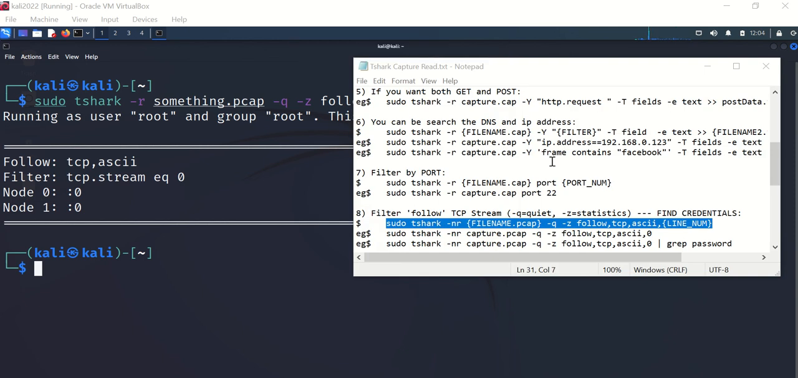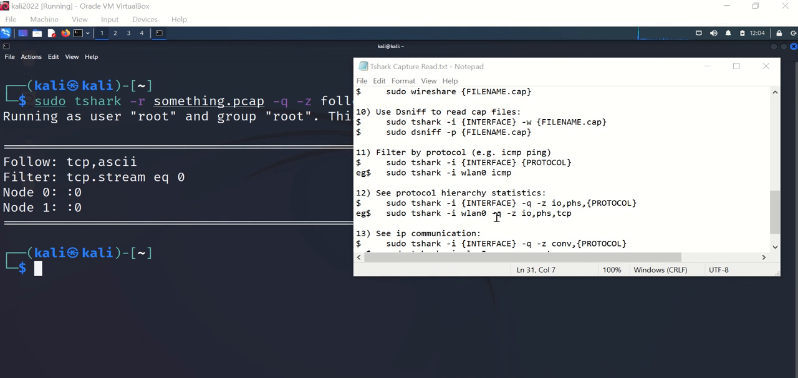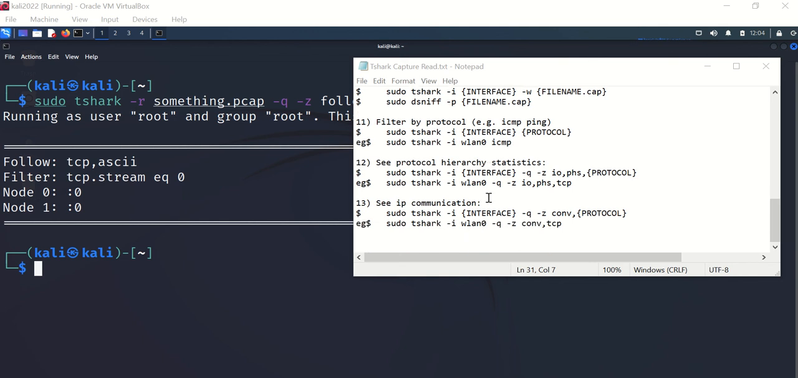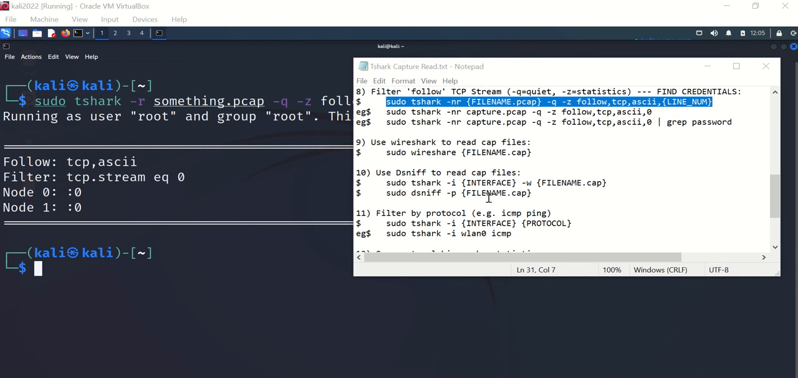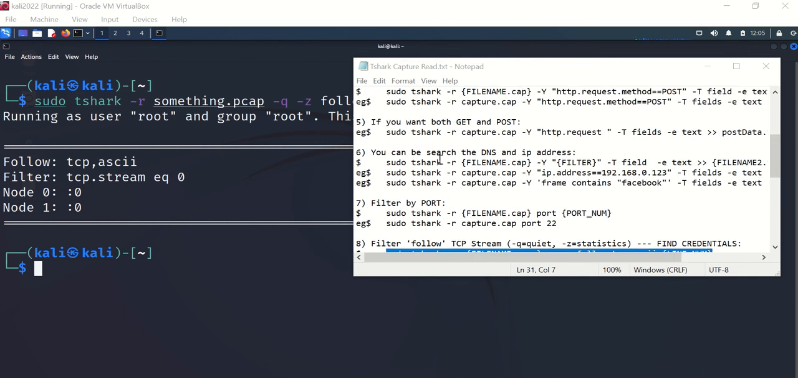Actually, let's do a few more. I have a couple more commands here that are kind of interesting. This is dsniff hierarchy. That's not really that important. You want to see the communications between stuff. Okay, let's look at the filter. The filter is supposed to be a pretty good one to do. So here we go. Here's Tshark filter,